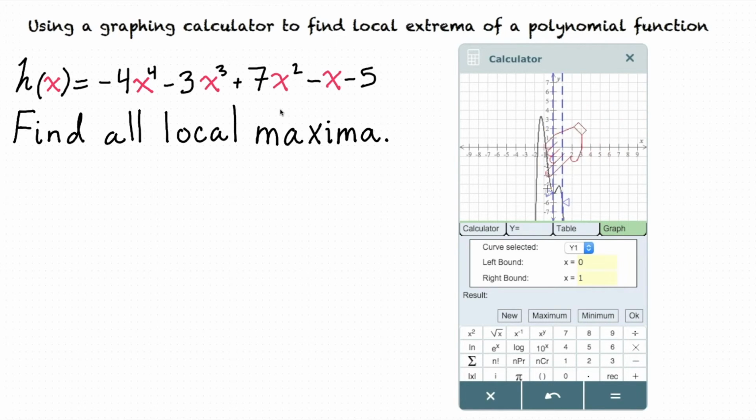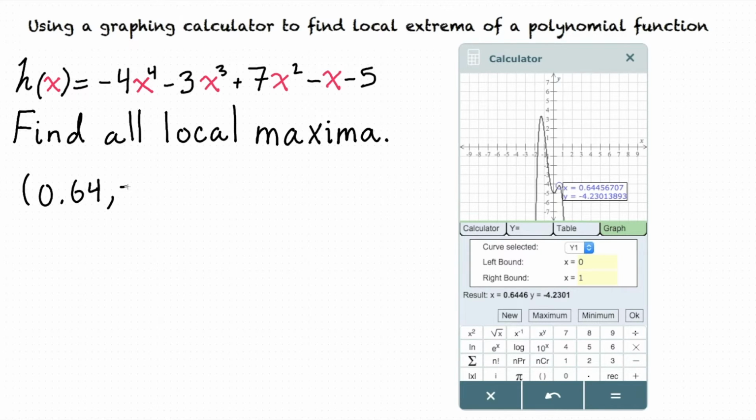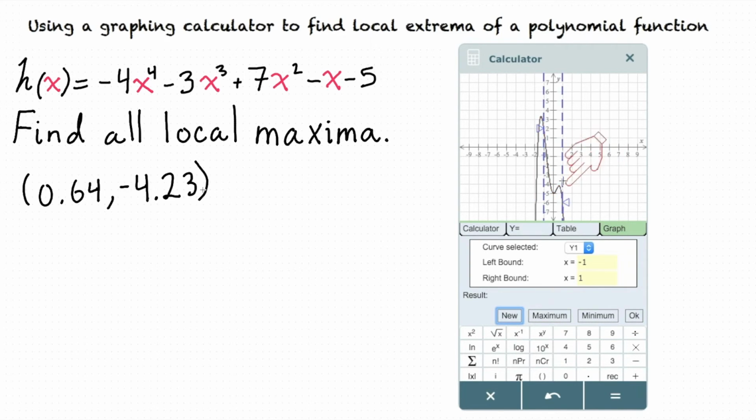Now that our interval is set correctly, we can click the maximum button, and now our graph will show us the local maximum. This tells us that there is a local maximum at the point 0.64, comma, negative 4.23. To find our other local maximum, we can click New and do the same thing again, but this time